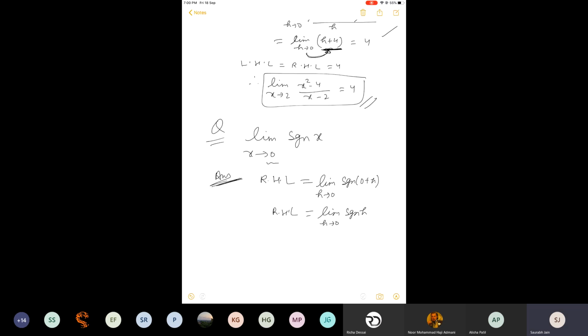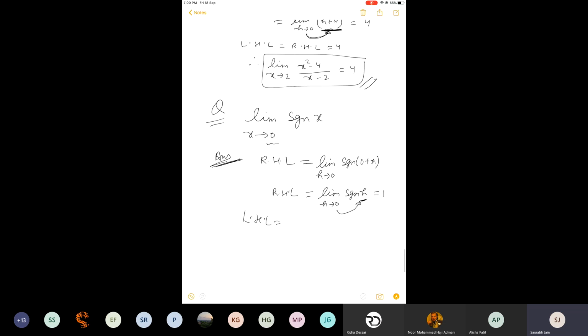What will be the value of signum h when h is tending to 0 and it is a small positive quantity? 1. Yes, correct. Good. Do not put h equal to 0 here. If you think that you will put 0 and say that signum 0 is 0, that will be wrong. Why? Try to understand. You are studying limits. You are not putting h equal to 0. It is some very small positive number, and what I taught you about signum of a positive number is 1. It will just take 2-3 questions and you will understand this concept.